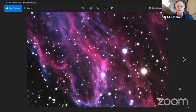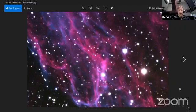The red color is primarily the result of hydrogen. And then you see also some blue color that's probably from oxygen or nitrogen. But it's mostly reddish in color. We call it the Veil Nebula because it looks like a veil or a filament-type shape out in space. It's a really spectacular object to look at through an amateur telescope,